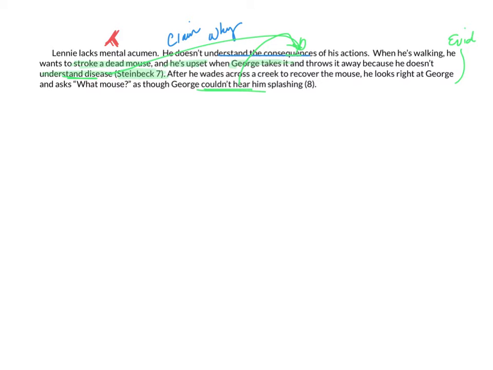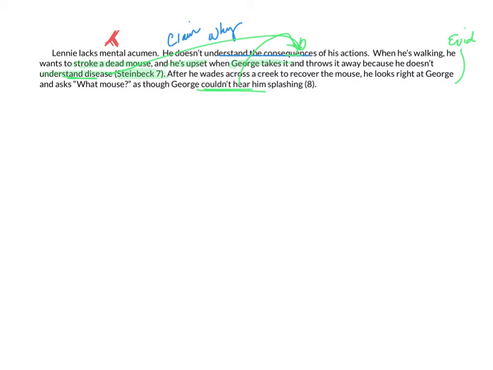Now let's talk about what commentary would look like if we were doing commentary in one of the ways that we're doing it already. And that is, we can look at compare. Well, what would this be like? Maybe I could talk about that this is like a 3-year-old who just doesn't understand what mom and dad are saying. I could use contrast. I could say, okay, if he were intelligent, then he might have this different reaction. But he doesn't, because he's clearly struggling some mentally.